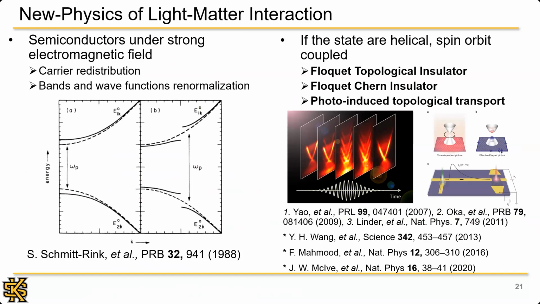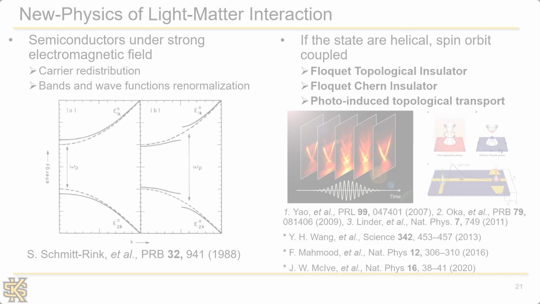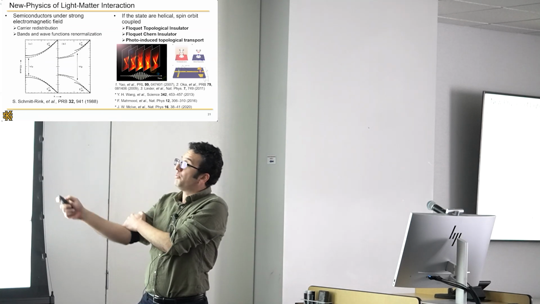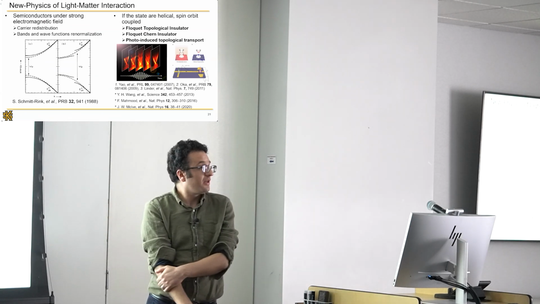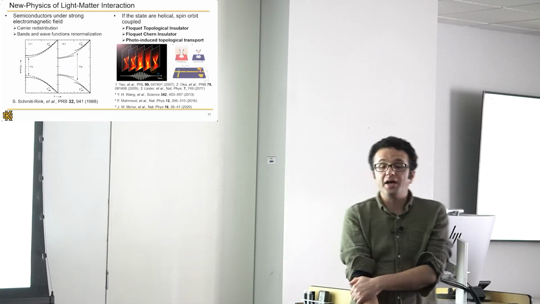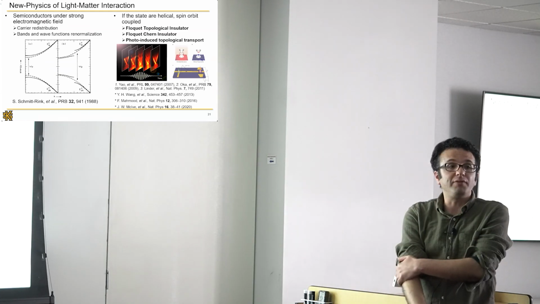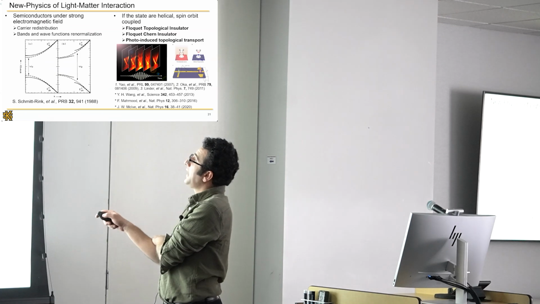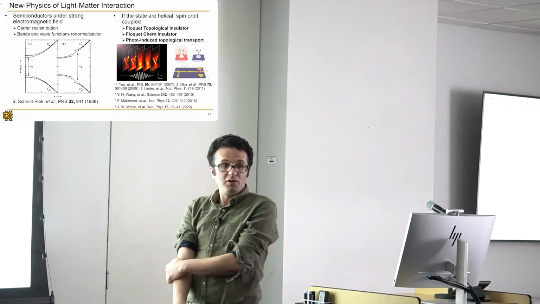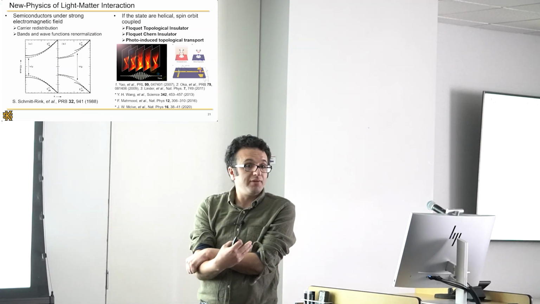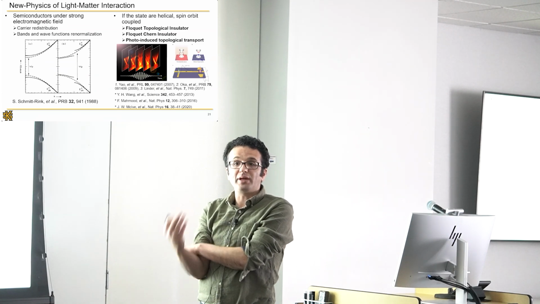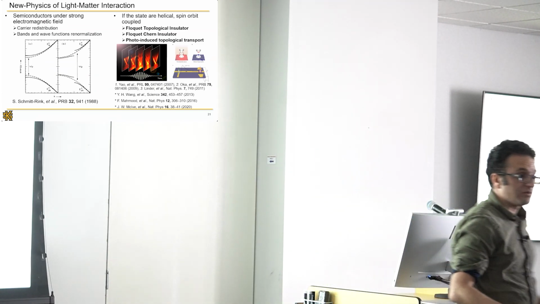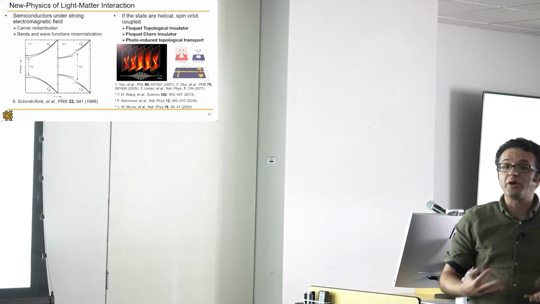So more recently, with the appearance of both Dirac materials and two-dimensional materials, Floquet topological insulators have been experimentally verified, and the appearance of an anomalous Hall effect in graphene has also been verified, and all these effects are simply due to light. Okay? So you can change even the topological nature of your material by simply subjecting it to a periodic drive. And that's what we call Floquet engineering.